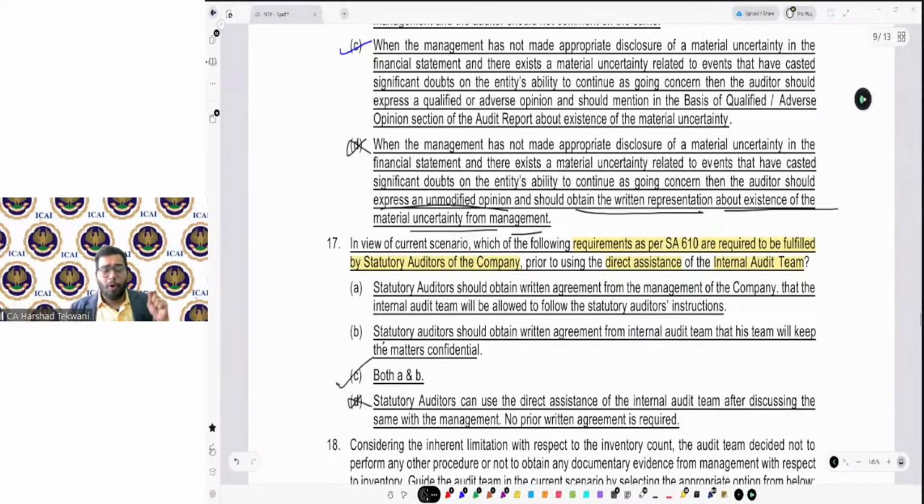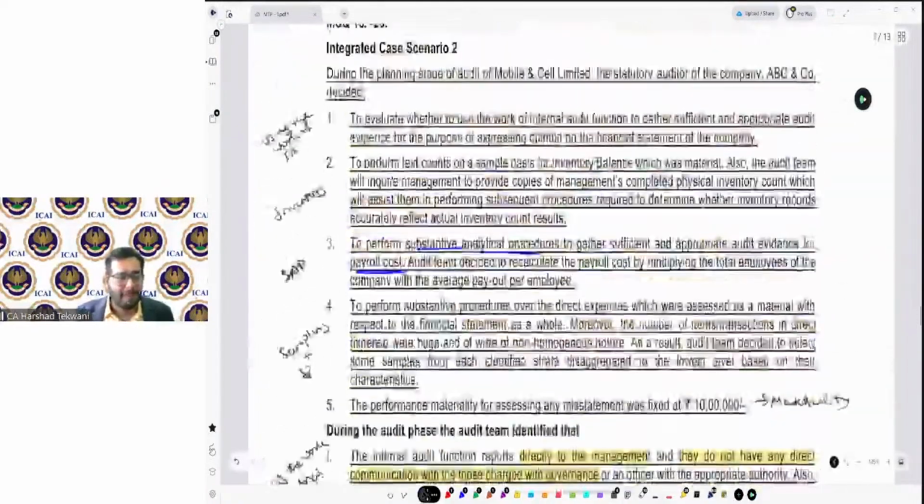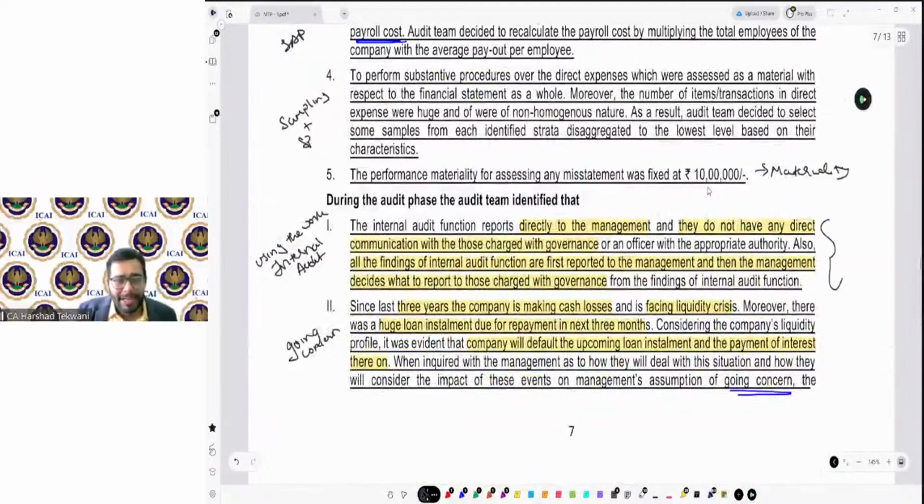So always read what is asked in the question. It may be related to the paragraph given above, it may not be related. Not necessarily it will be related. See, here it is being discussed about the direct assistance. And when we go to the paragraph mentioned above, it is about the objectivity